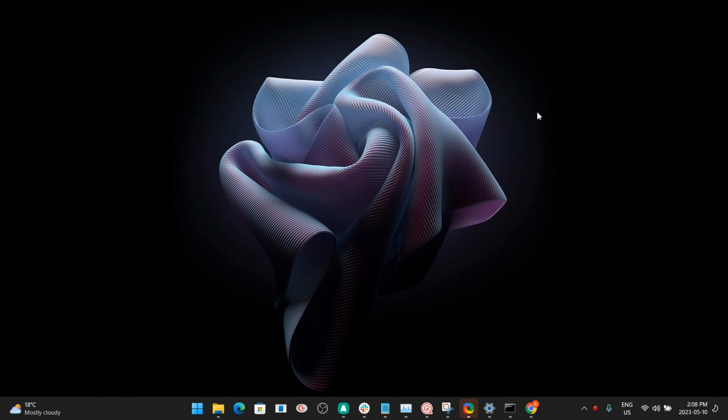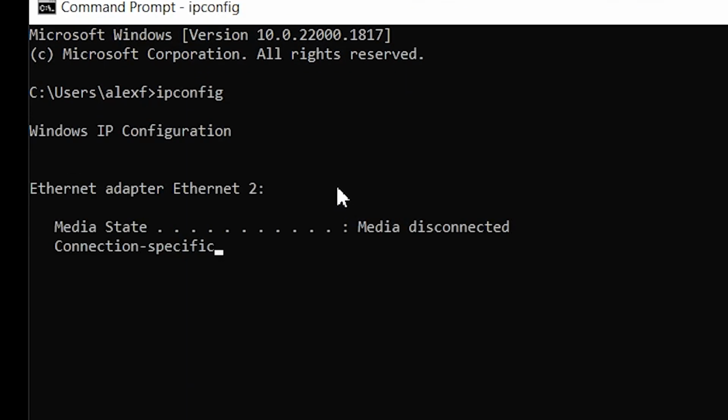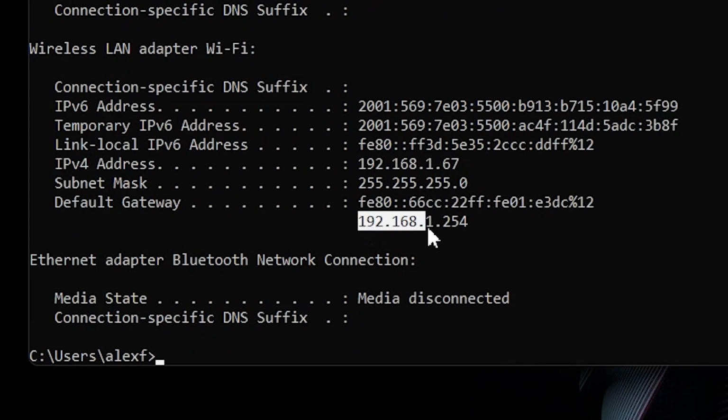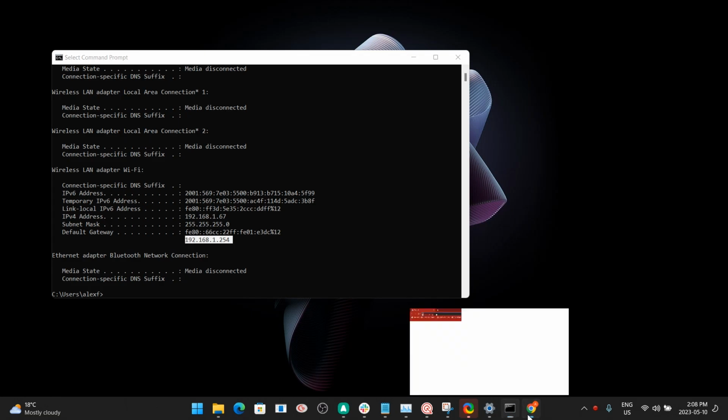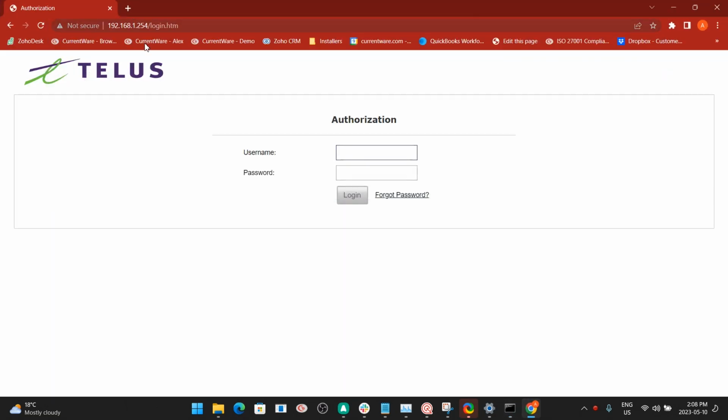Usually, printed on the back or the underside of the router, you can find a sticker which will have the router's IP address along with the default information for logging in. Additionally, you can open up a command prompt, type in ipconfig, and look for the default gateway. This is the IP that we're looking for. So we can open up a Google Chrome tab, for example, put in that IP, and we are now within